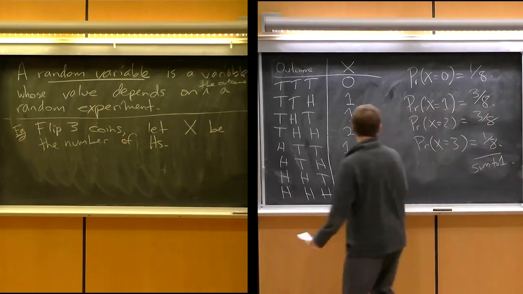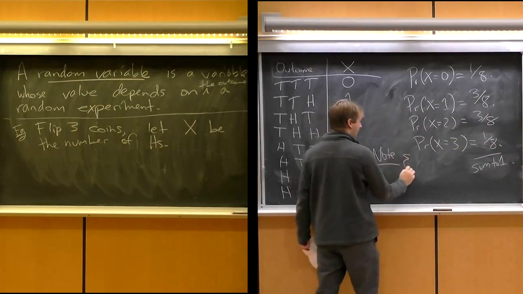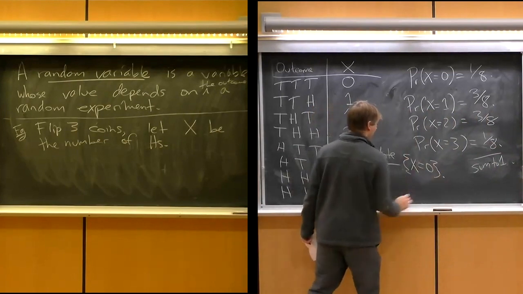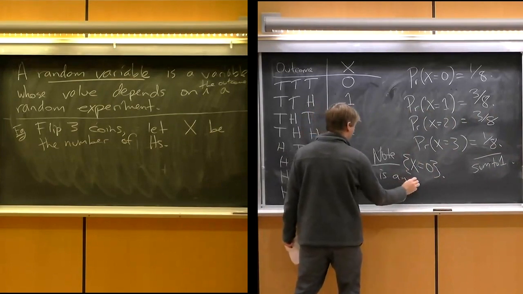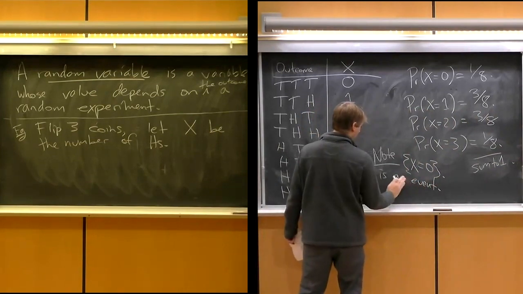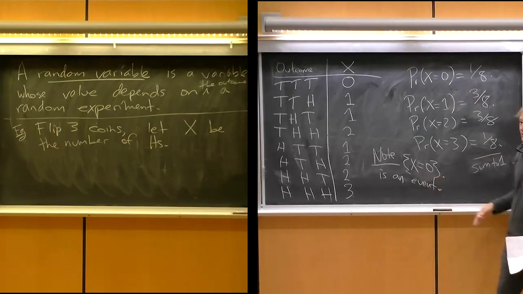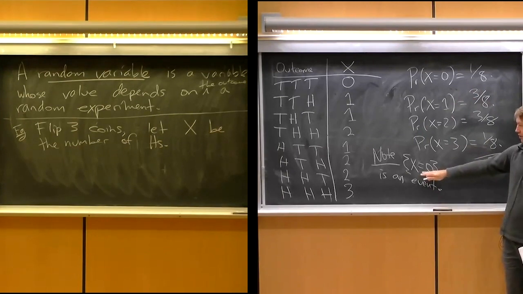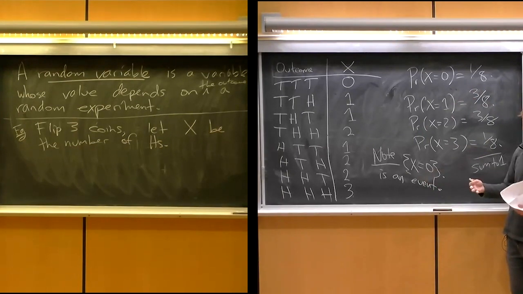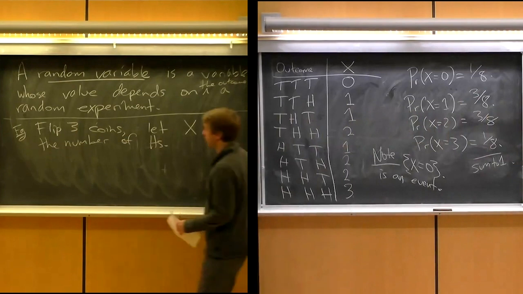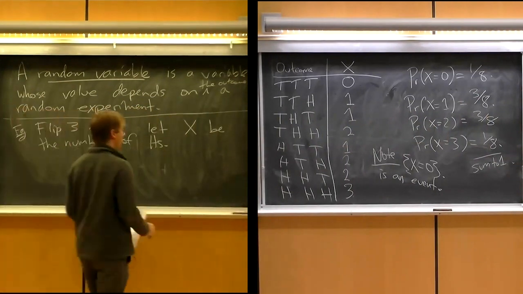So note here, when I've got a random variable, if I write it like this, this is an event. Right, so this is well defined when I write this. Remember, probability was only defined for events, right? You have to take the probability of an event, but this really is an event. This is a thing which you can observe from the experiment. It has some probability of happening. Okay,